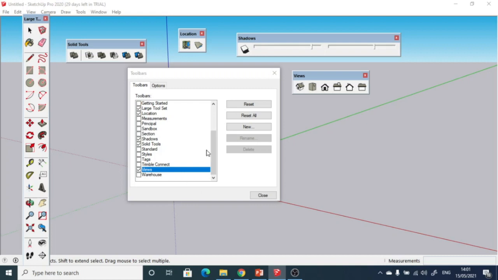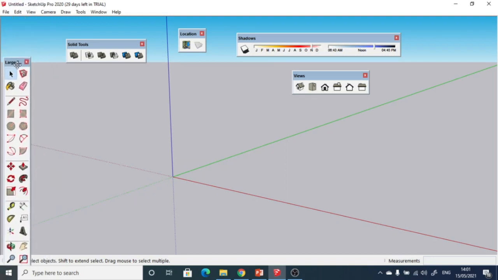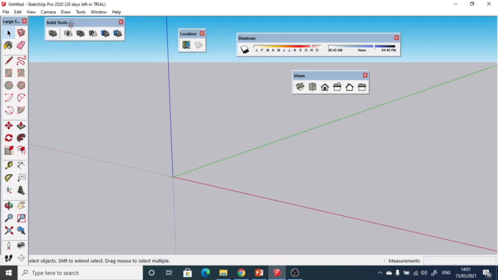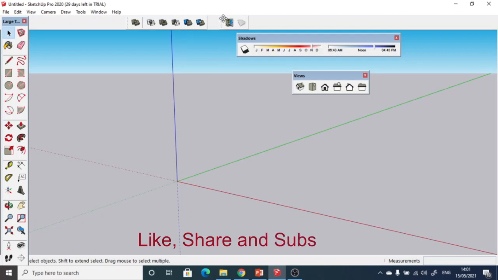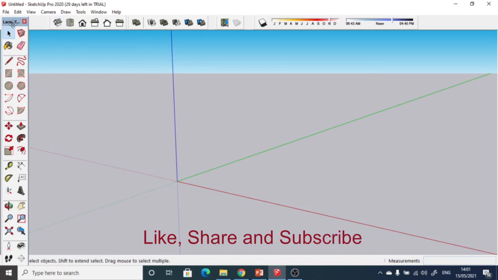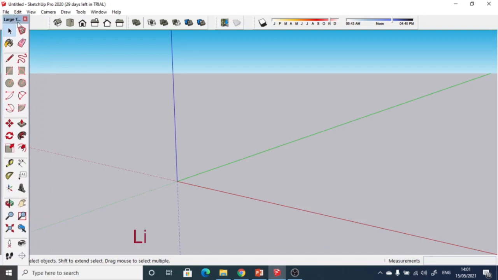The fifth toolbar required is the View toolbar. We can view any object in an auxiliary manner, isometric manner, or the side view or the front view. We're going to discuss all these toolbars in detail in the next lecture. These are the important toolbars which need to be set before anyone does the shadow analysis or designs the solar power plant in the Google SketchUp software. We set these toolbars in the upper bar, so that whenever we require, we can choose the commands from them and use them for designing the solar power plant.